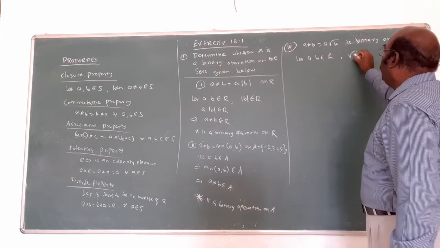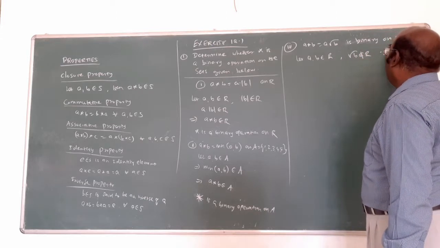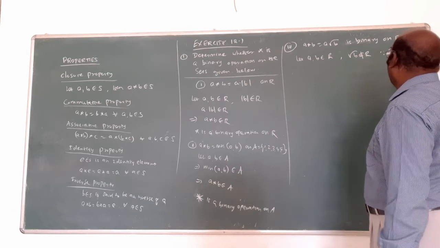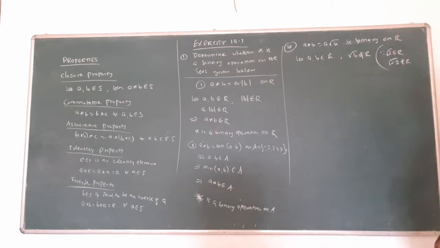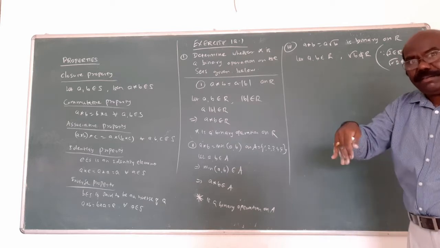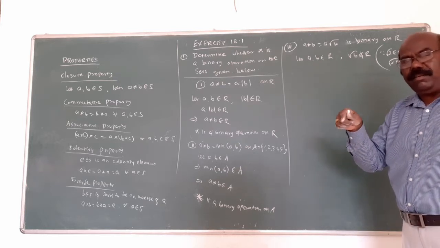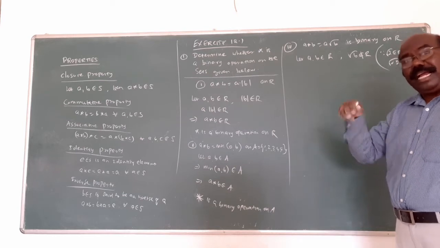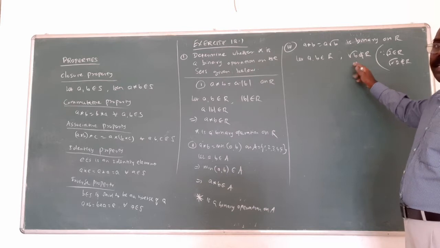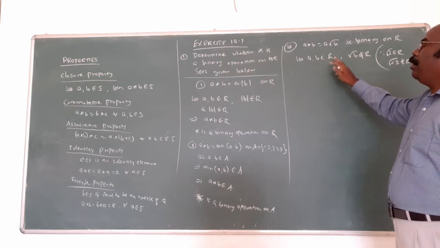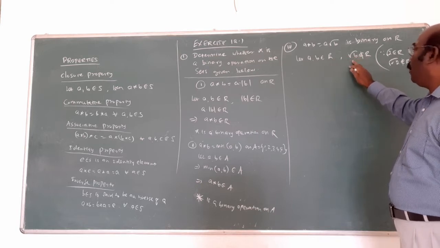Since 2 belongs to R, but root of minus 2 does not belong to R. Suppose b is a positive number, then no problem. In R, the real numbers, negative numbers also come in. With a negative number, the root of a negative is not possible. That's why a, b belongs to R, but root of b does not belong to R.